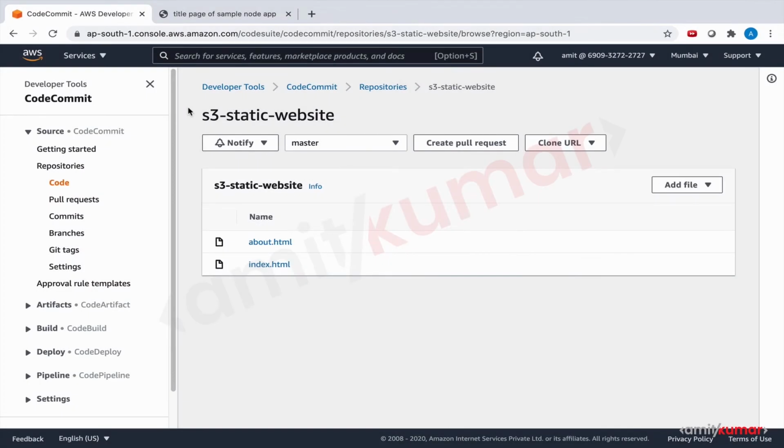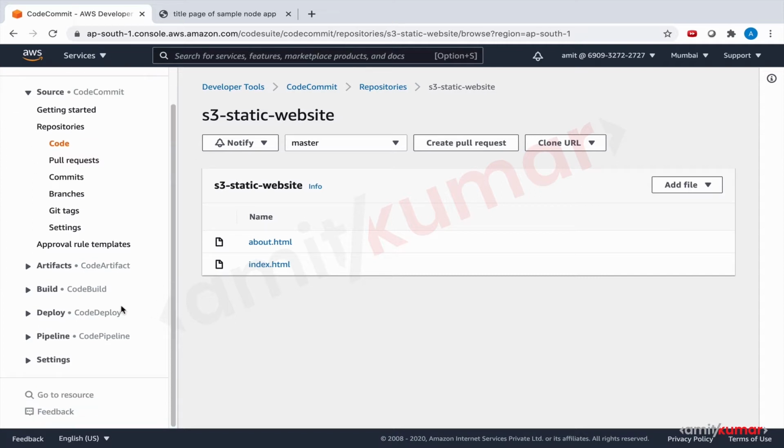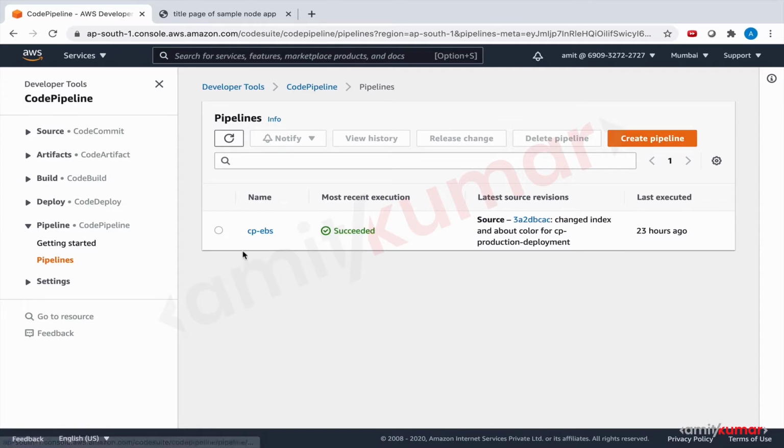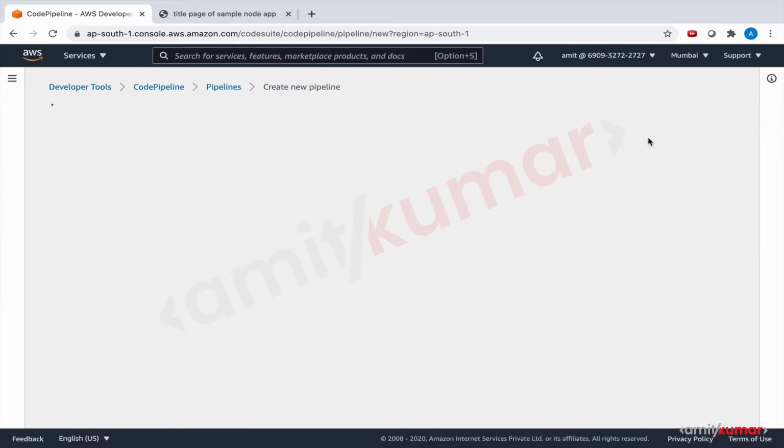Hello and welcome to this hands-on lab session where we will finally set up the code pipeline for continuous delivery of S3 static website. Let us get going with this. Pipelines, and this is the one that we have. Never mind. Click on create pipeline,